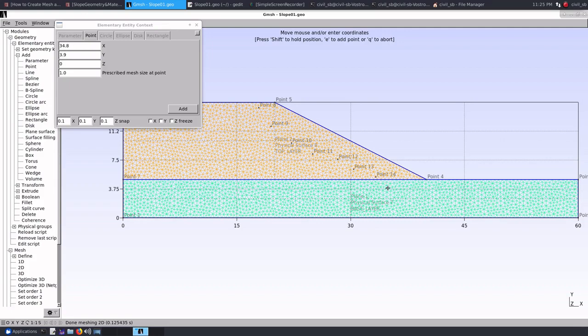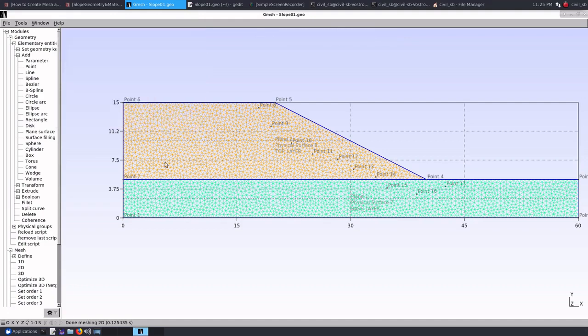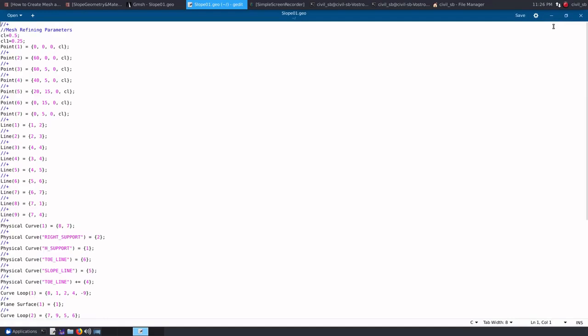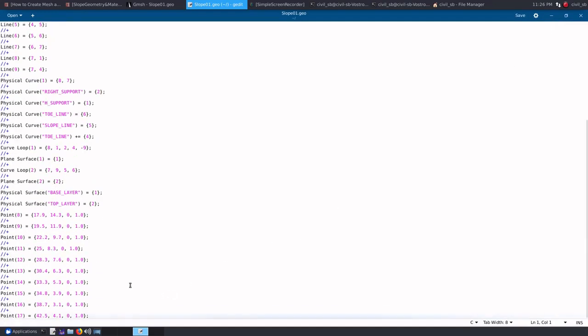Then I may need here, then maybe here, then maybe here. Okay, so these are some of the points I have added. Now I will escape from this menu and reload the script again. Now you can see that new points have been added from point 8 to point 17,